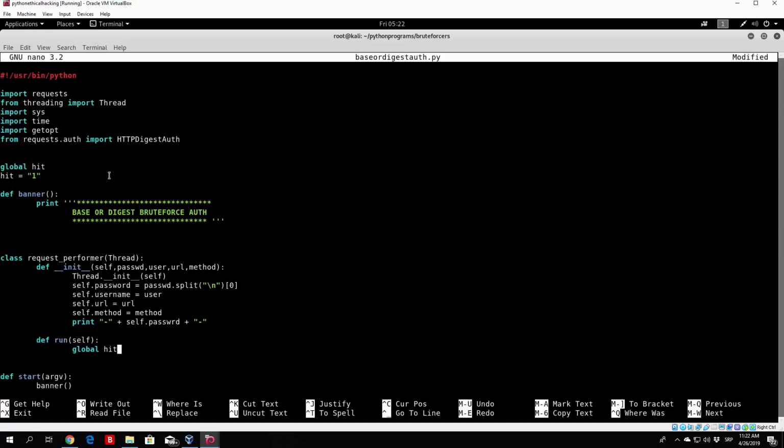And right now what we're going to do is, first of all, we will check whether it is still set to 1. So if hit, our flag, is set to be equal to 1, we'll try to actually take the method itself, whether it is the basic or the digest authentication. So what we will try is we will do something like this. So if self.method equals basic, we are going to do our equals